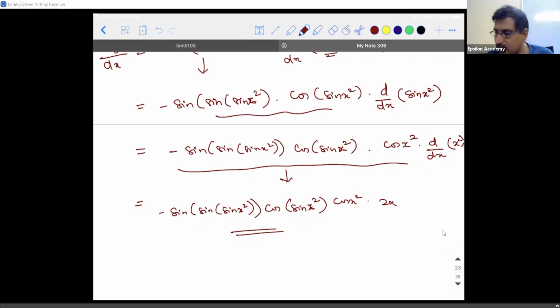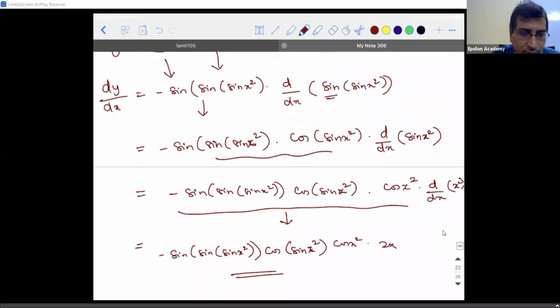See, the number of functions will be the number of steps. I can make it that simple. How many functions are there in this? 1, 2, 3, 4. 4 steps. The number of functions which are participating in making it a composite function will be the number of steps in your solution. I think 2 times you can write d by dx. No, there is no harm in that.